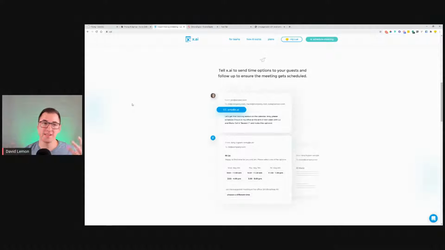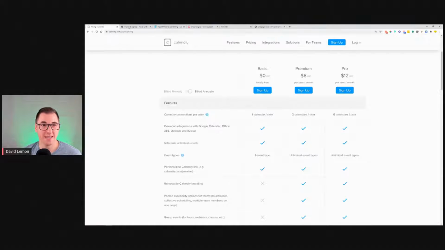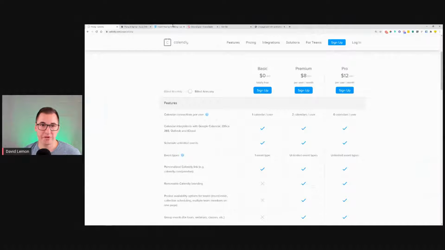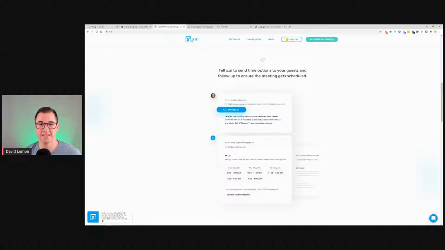There are differences in these 3 platforms, and I will not go into those either. I found X.ai to be the simplest to use, then Calendly, and then Acuity, because Acuity has more features, and it's more of a company-forward, company-thinking scheduling system. But these 2 are pretty easy to understand and very simple to use. The main difference is that X.ai, and that's also their domain,